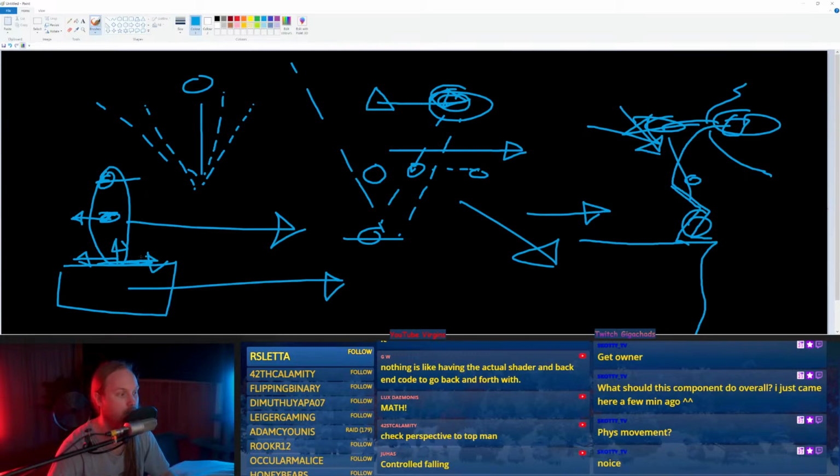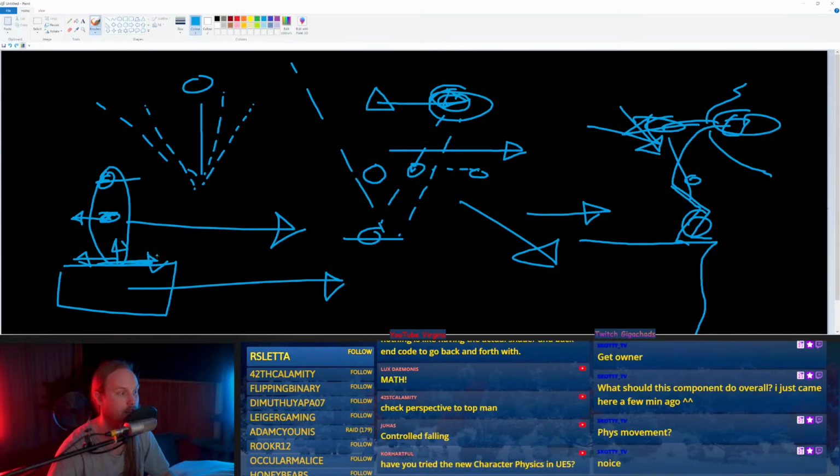Or you can use the leaning angle from when the feet get dragged this way and now your character's at this angle, you could apply a leaning animation where the character leans backwards.